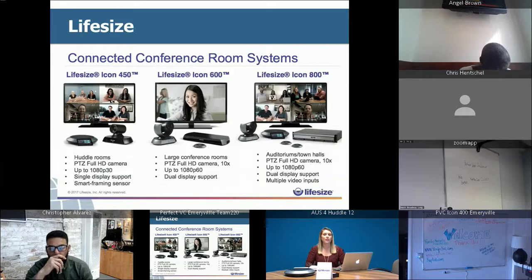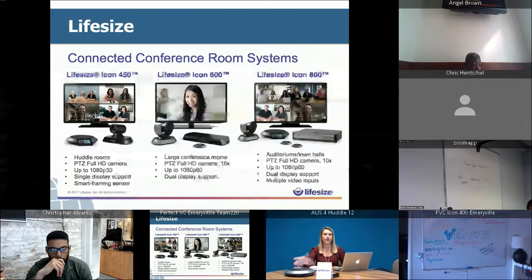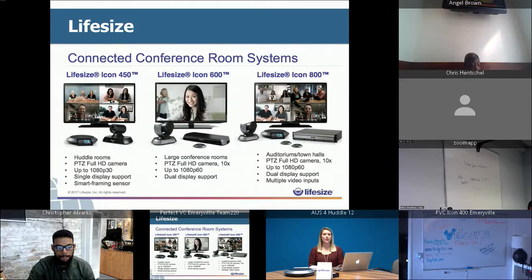And then our Icon 800, which is the AV integrated room. It can support multiple cameras. And if it's a room that's going to be larger than 30 by 30 feet, we might have some extra microphones put into the room, and that's definitely something that Perfect VC specializes in. So we've been making our system since 2003 and have been a leader in the industry for a long time. And I think what really sets us apart in that cloudy cloud world is the fact that we also make